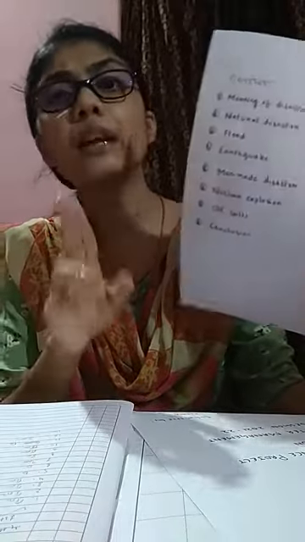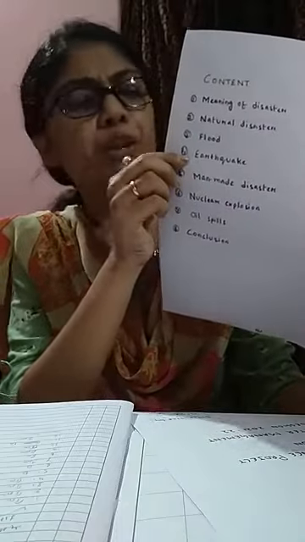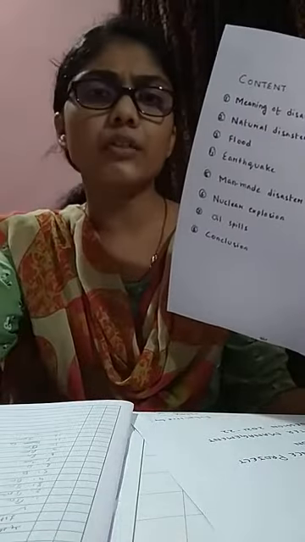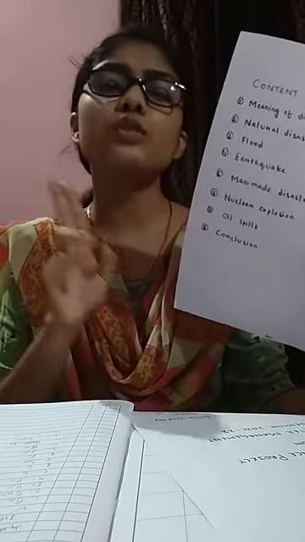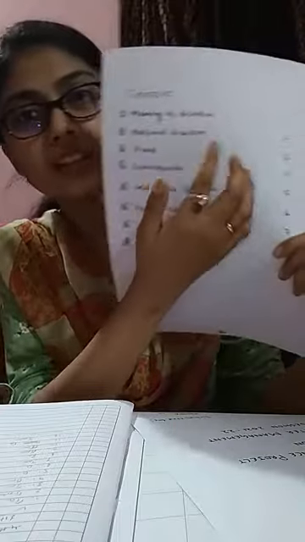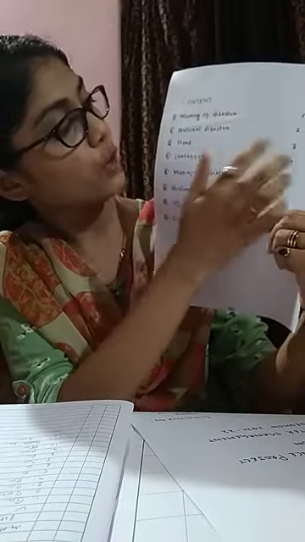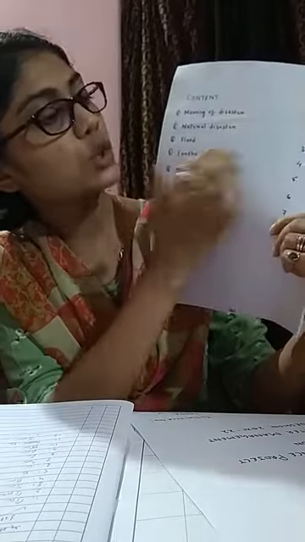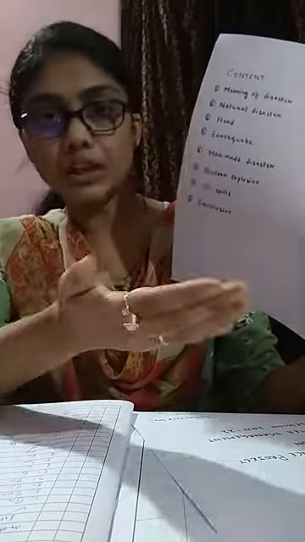There are many types of natural disasters. You have to write about any two. Here I have mentioned flood and earthquake. You can write about tsunami, you can write about drought. There are many natural disasters, so write about just two on two separate pages. You can see the page numbers, these are just random numbers, but you can see it is flood on page number 3 and earthquake on page number 4. So it has to be written on separate pages.